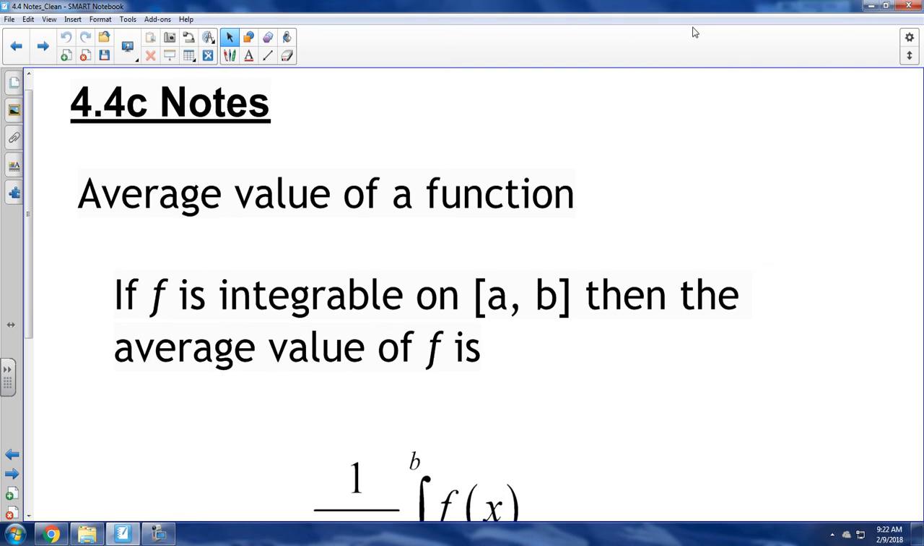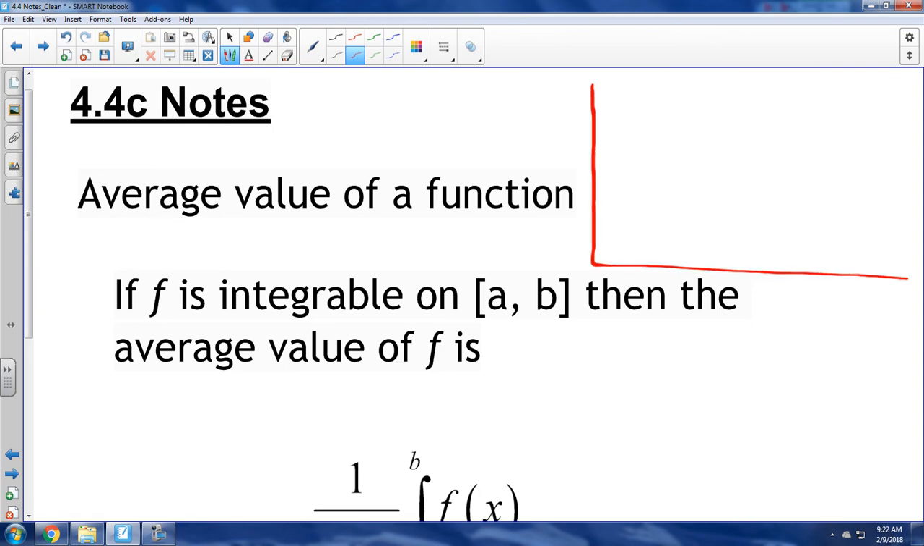Okay, so today's notes are on the average value of a function. I want to take a second before you really go anywhere, and you can write in this area if you'd like, to think about a few things. The first thing I want you to understand is, if you take the area of a shape, let's say a simple rectangle,